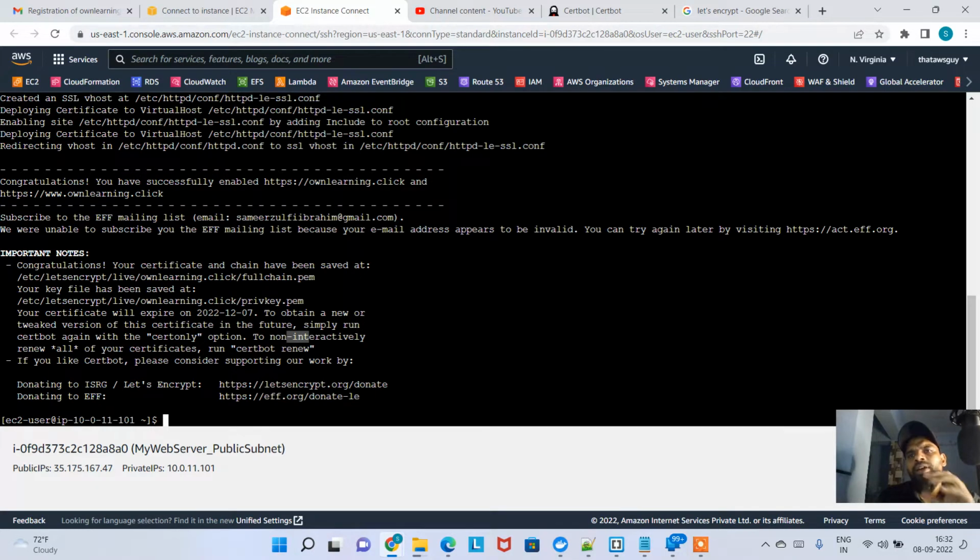Yeah. Now this is done. Okay. We have successfully enabled HTTPS on our website, and our website is ownlearning.click. So these things are done. Now we're gonna do something else. Actually, we need to see